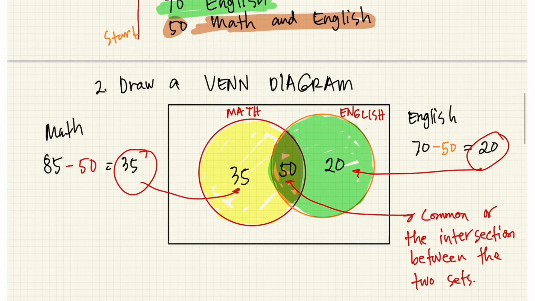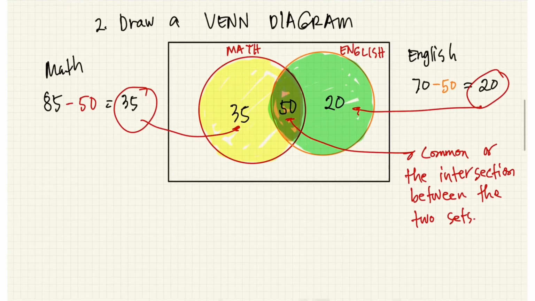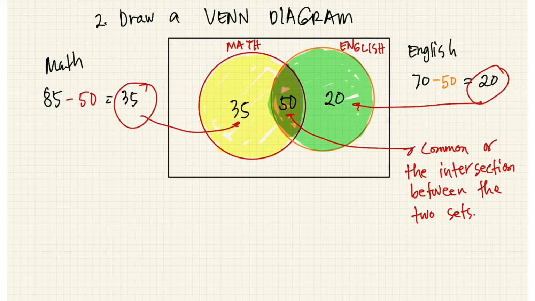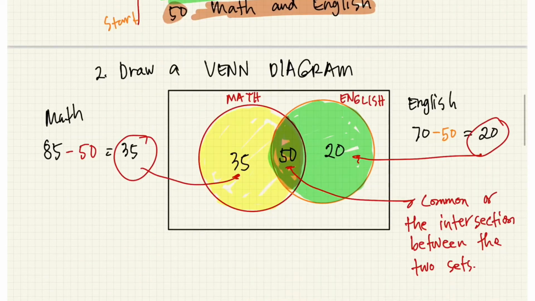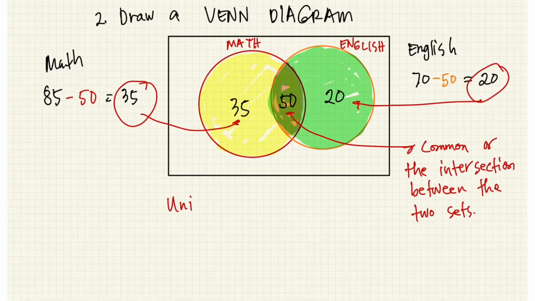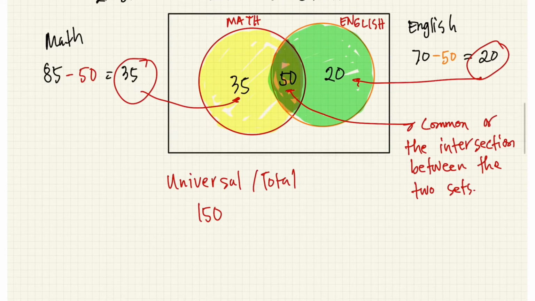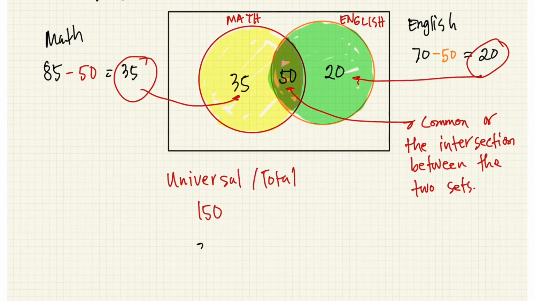Okay, so we have now the Venn diagram of which math there is 35 and English 20, and there is an intersection of 50. Now since our universal, there are 150 freshmen. Alright, for universal or for the total, you have 150 freshmen, and then you are going to add this one, 35 plus 50 plus 20, the total of